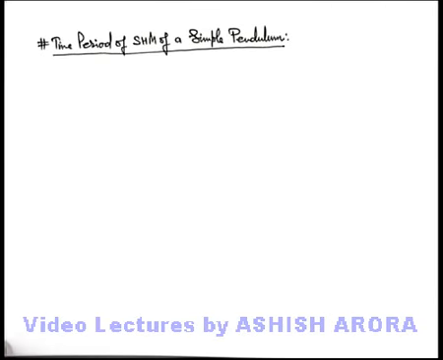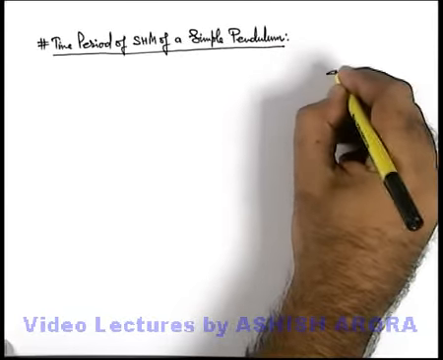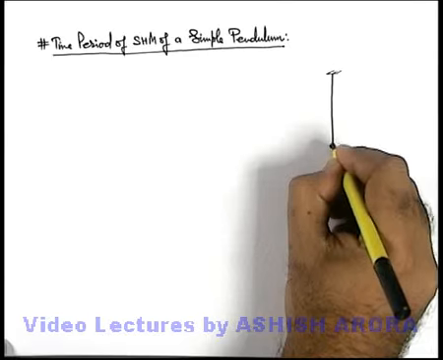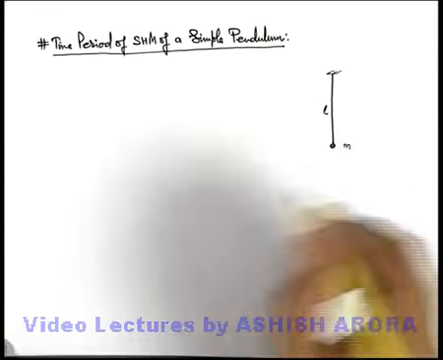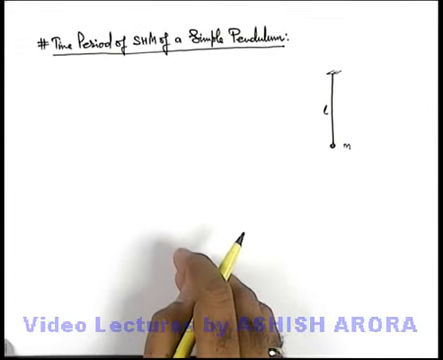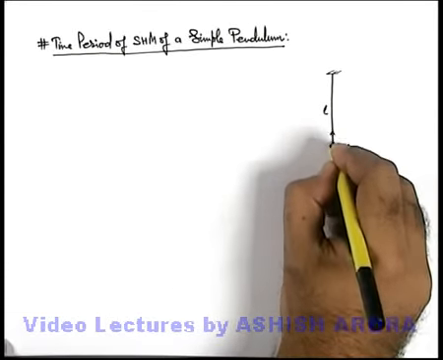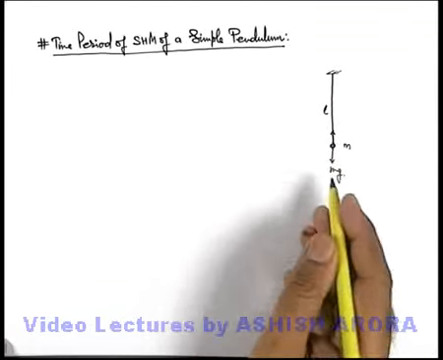Let's find out the time period of SHM of a simple pendulum. We know that a simple pendulum is a bob which is tied up at one end of an ideal and inextensible string of length L, and the bob mass is M. In this situation, at equilibrium position, we can simply state the tension in the string will be just balancing the weight of the block. So we can write